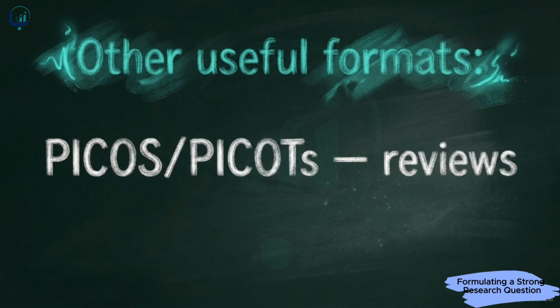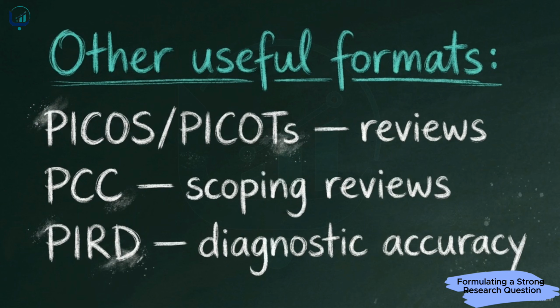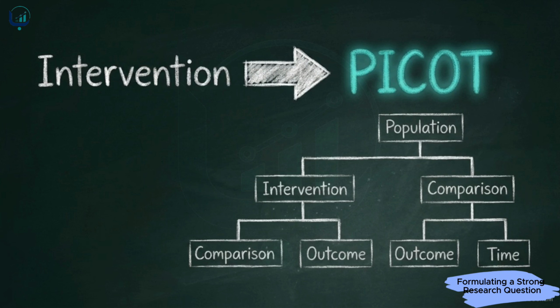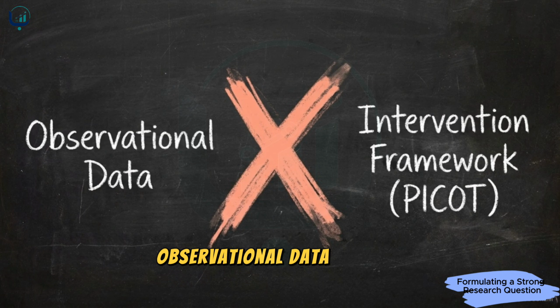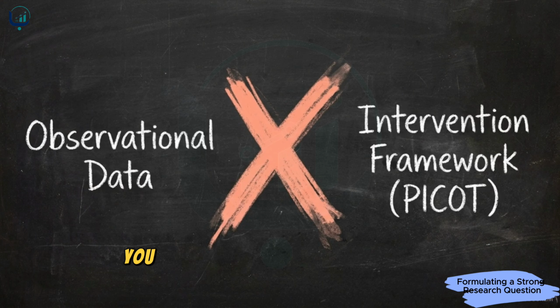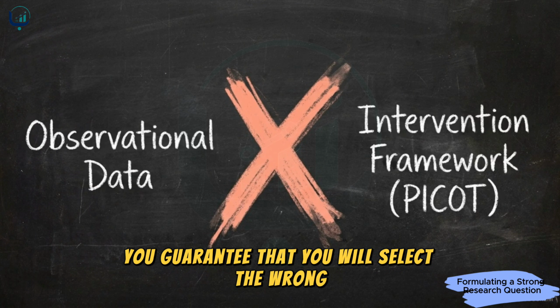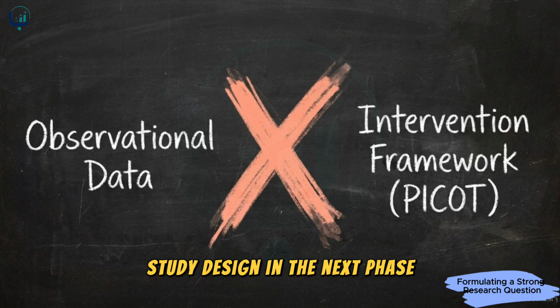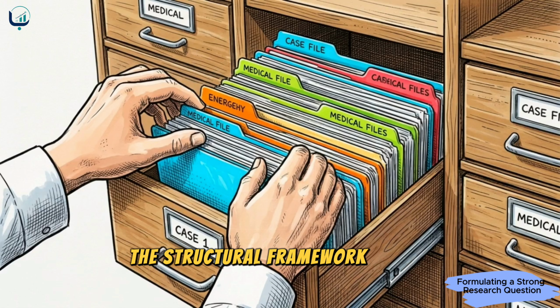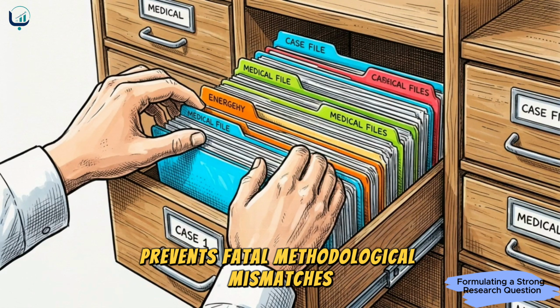There are also highly specialized frameworks. You will use PICOS for systematic reviews, PCC to map evidence and scoping reviews, and PIRD for evaluating diagnostic accuracy. Choosing the framework based on your study's true purpose is critical. If you force observational data into an intervention framework, you guarantee that you will select the wrong study design in the next phase. Correctly matching the structural framework to the nature of your inquiry prevents fatal methodological mismatches before data